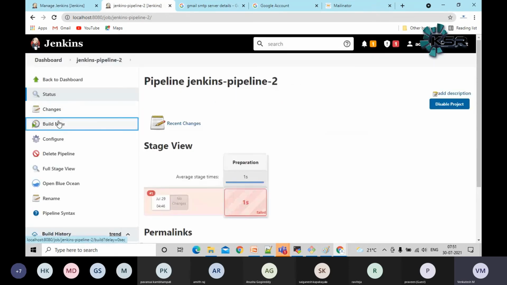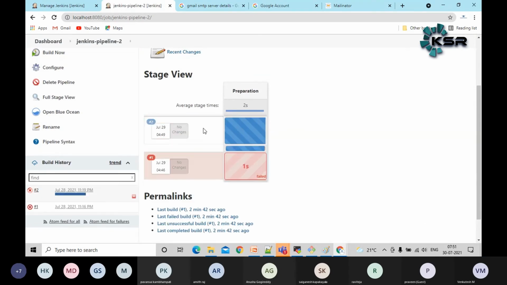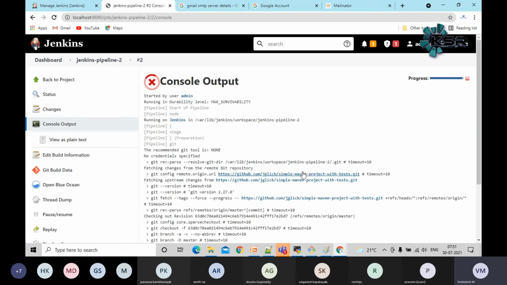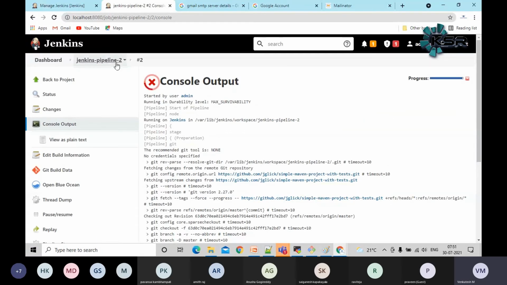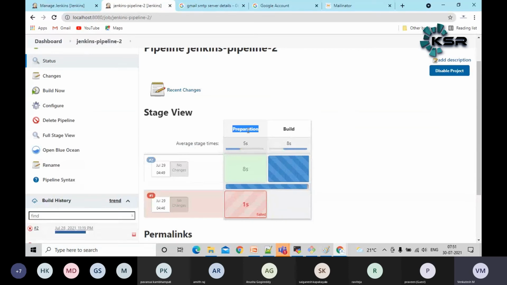Now see what is going to happen. Okay, now let me open the pipeline. If you see, it is able to cross this particular phase. The preparation phase succeeded. Why?